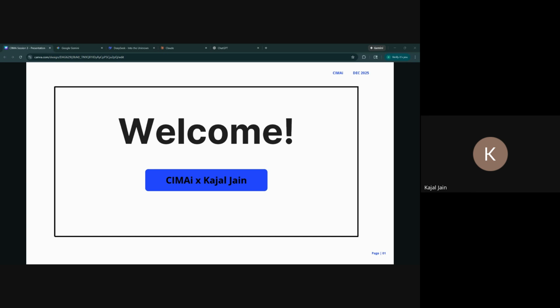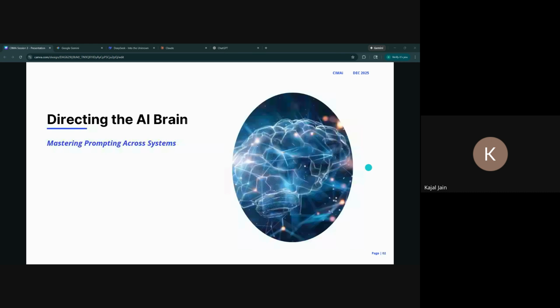Today, we're going to talk about prompting within an LLM and what it means, why it's important, and how to do it in a structured format. So let's dive deeper. Like I said, we're going to be learning how to direct the intelligence within an AI system, which we call prompting, and it's called prompt engineering. Today is not about learning tiny tricks here and there, but we'll actually learn how to communicate with the AI system, the AI brain.